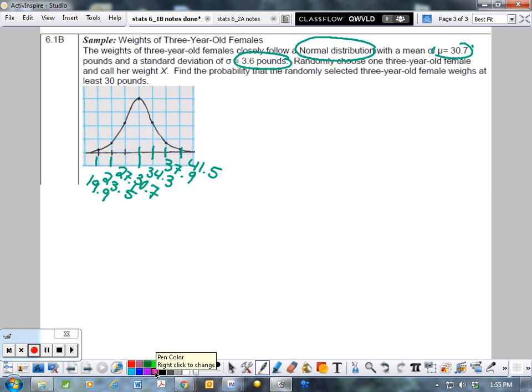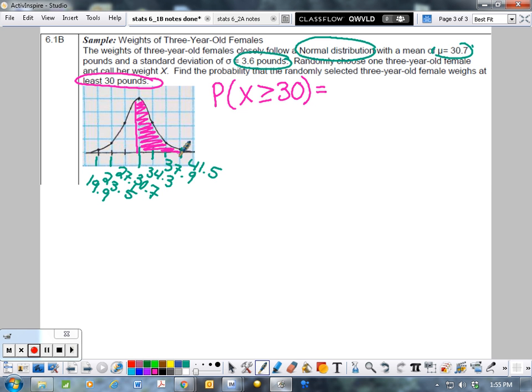So we want to know, randomly choose one 3-year-old female and call her weight X. Find the probability that the randomly selected 3-year-old female weighs at least 30 pounds. So at least means the lowest is 30 pounds, so my probability of the weight is at least 30 pounds. This is the probability I'm going to calculate. So when I look at my normal curve, I'm going to find about 30 pounds, and I want everything above it. And we can tell right away that that probability is right around half, a little bit more than half